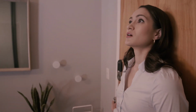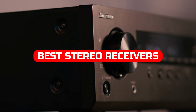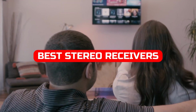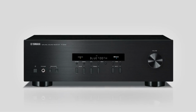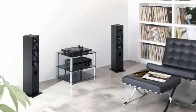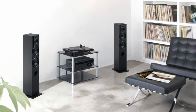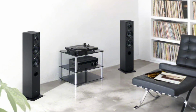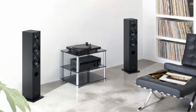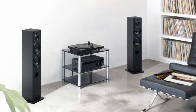In this video, we will be discussing the top 5 best stereo receivers for 2022. We will be covering brands like Yamaha, Denon, Pioneer, and Sony. Each brand has their own strengths and weaknesses, but when it comes to stereo receivers, they are all considered experts. So whether you're a beginner or a pro audio enthusiast, we believe that these 5 models will have something for